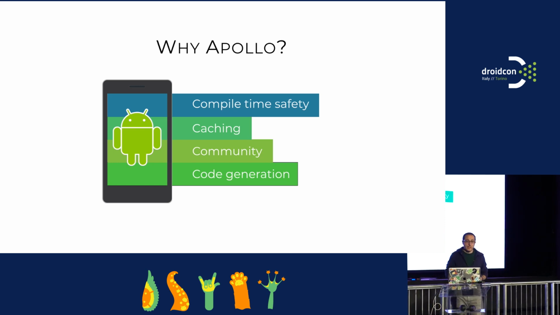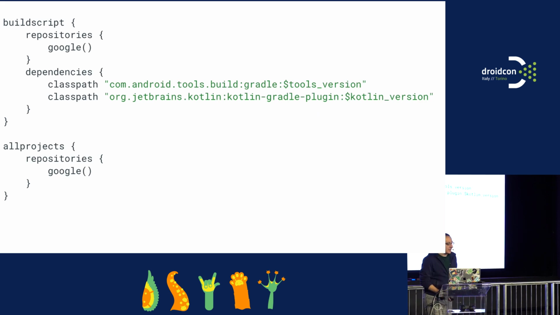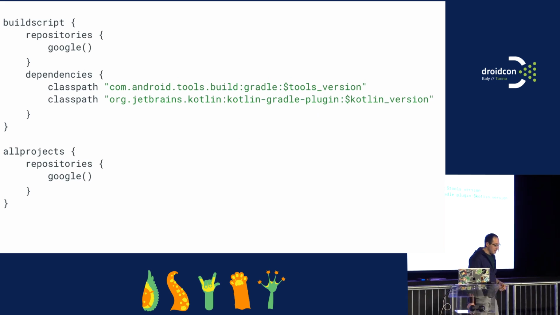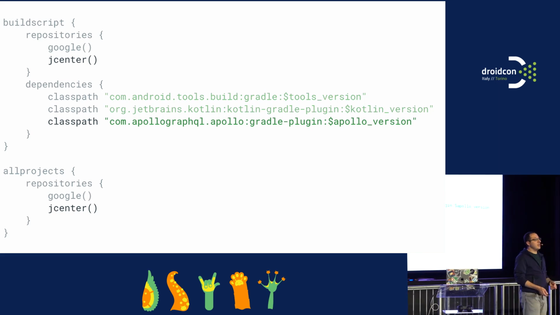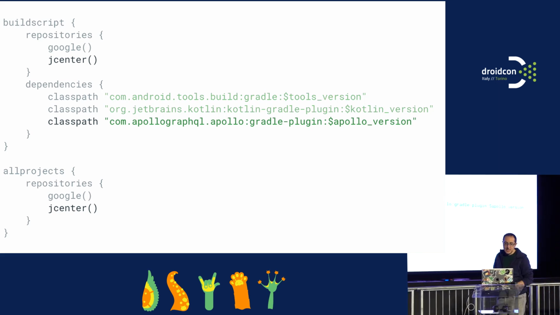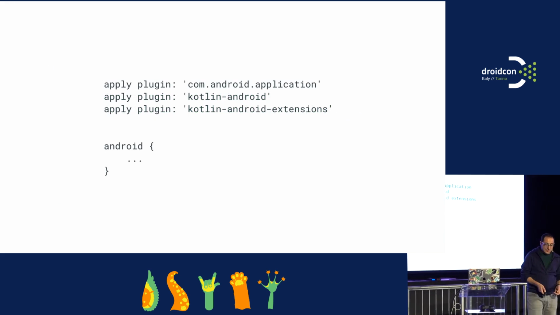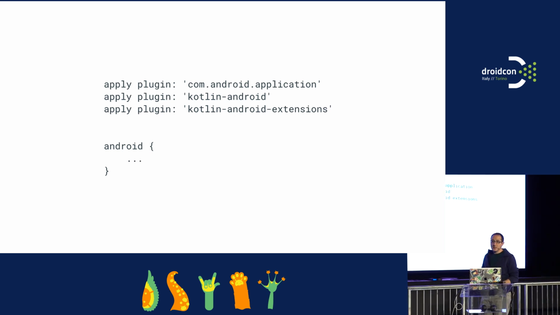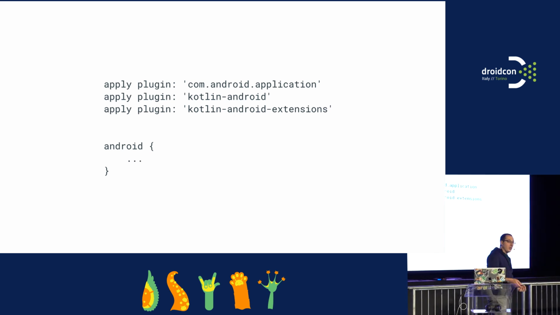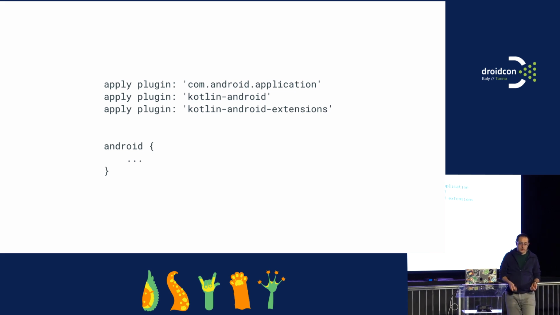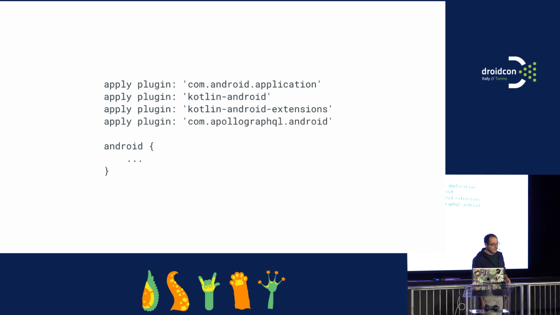So, how do we include Apollo inside our project? The first thing is adding the classpath of the project, which is on JCenter, so you need to add JCenter and the classpath. That will do the trick. After that, you switch to the build.gradle file of the module where you want to use Apollo and add the plugin among the others. If you didn't notice,